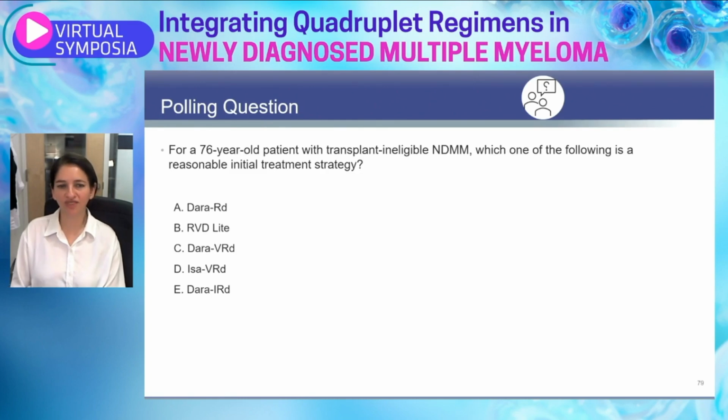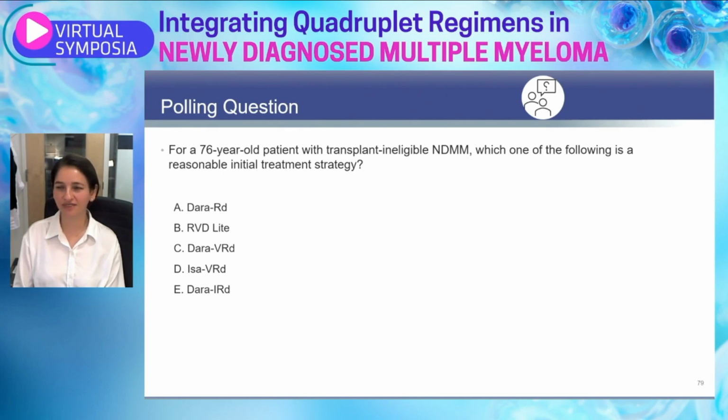And this is your polling question. What would you consider as initial treatment strategy? Would you consider using DARA-RD in this patient? Would you consider using RVD light? Would you go with the quadruplet of DARA-VRD or ESA-VRD as we've seen in the IMROS trial, or would you consider DARA-IRD? I think the bottom line is most people are using a quadruplet, but I'm just going to pause here and pull